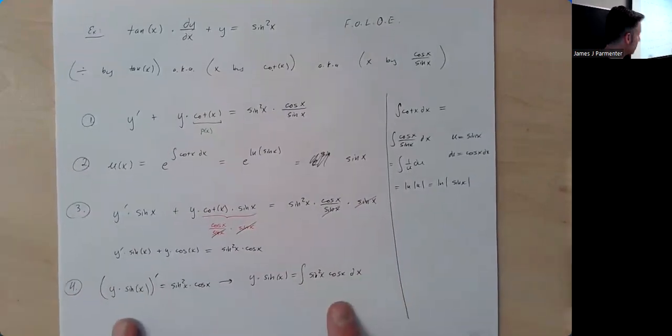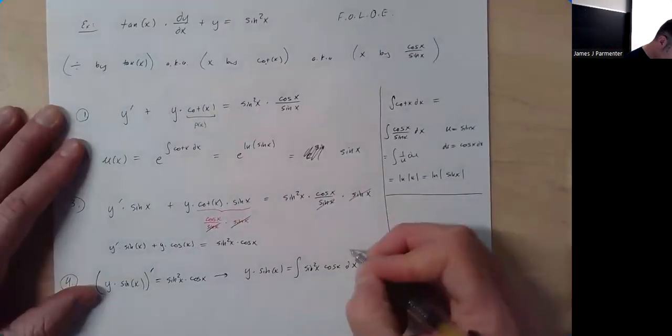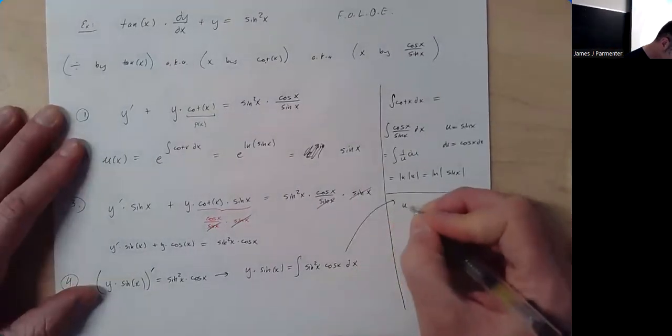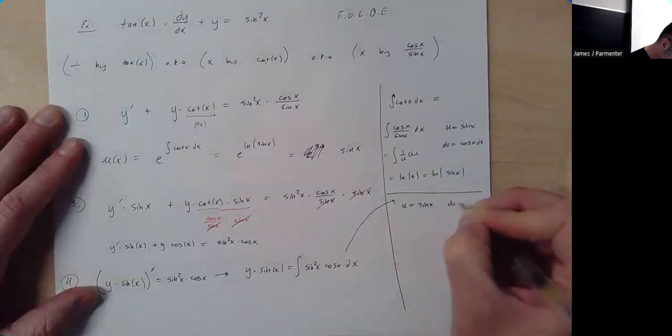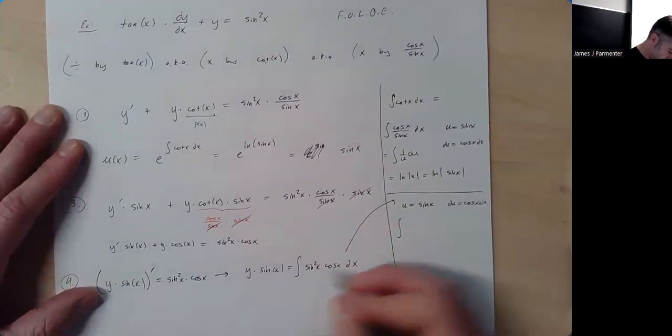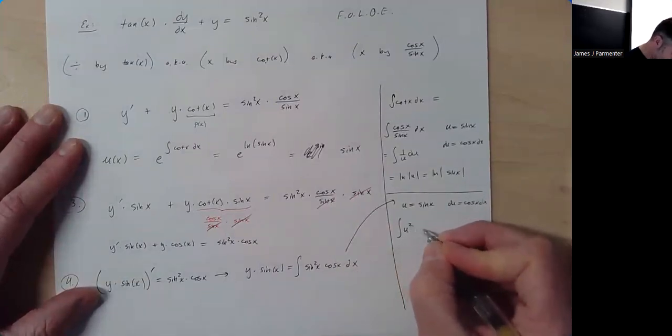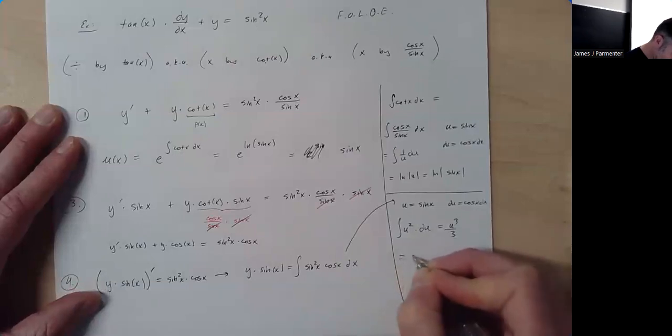Once again, we're in a u substitution situation. So for this integral here, we're going to let u equal sine of x again, and du is going to be cosine of x dx. So this ends up being the integral of u squared times du, which is u cubed over 3, which is sine cubed x over 3,